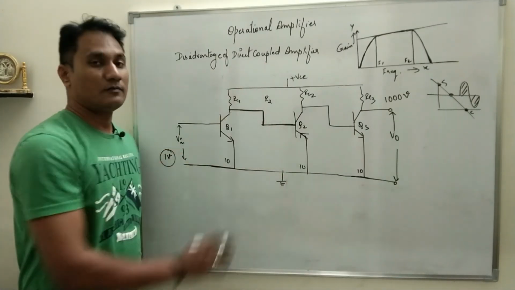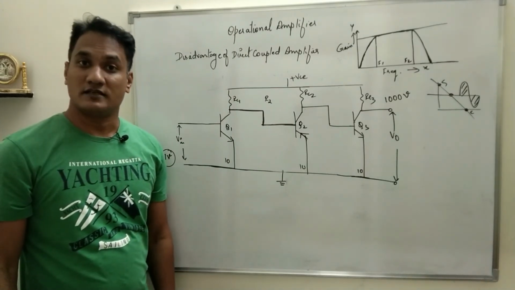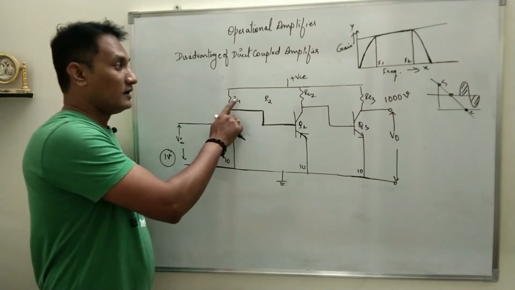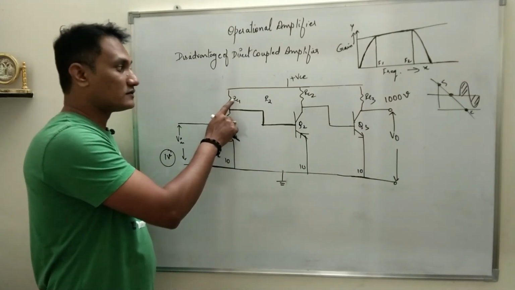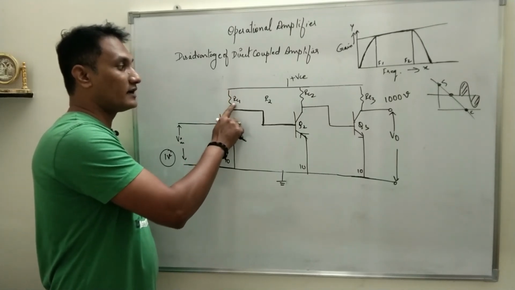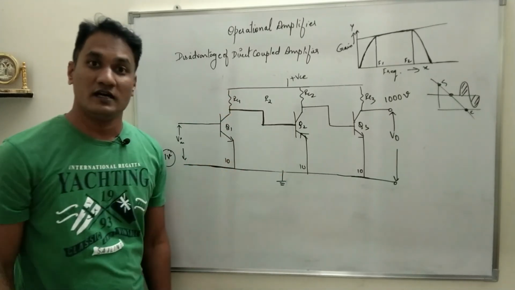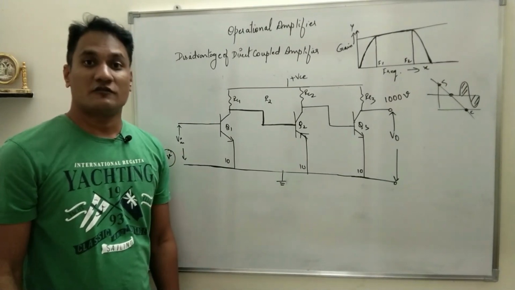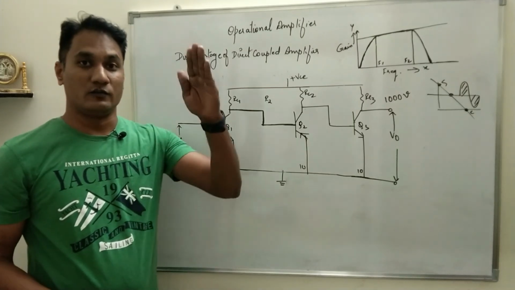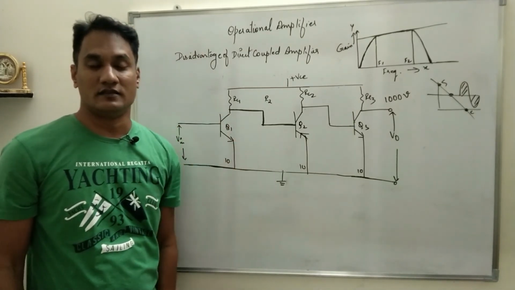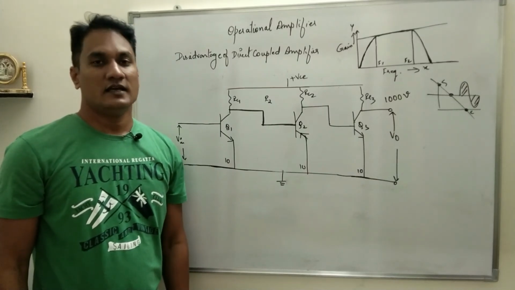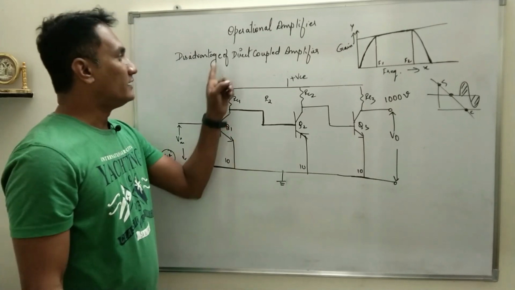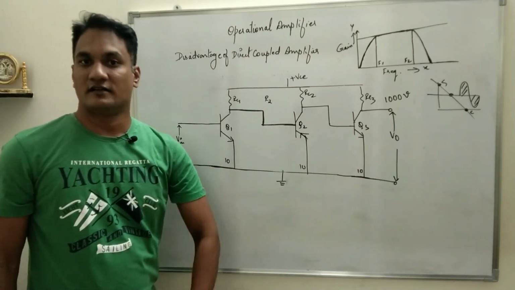So operating point should be stable, and that was because of the biasing resistance. But in case of direct coupled amplifier, you have to use minimum number of resistors. So we removed the biasing resistance, because we have to keep RC1. This collector resistance has to be kept as it is, because this is the point where the output voltage is there and output voltage can be connected to the input of the second stage. So we removed the biasing resistance. So the disadvantage is, in the absence of biasing resistance, the operating point will shift, and in electronic terms this is called drift. So we say in the absence of biasing resistance, drift is observed in direct coupled amplifier. That is the first disadvantage.